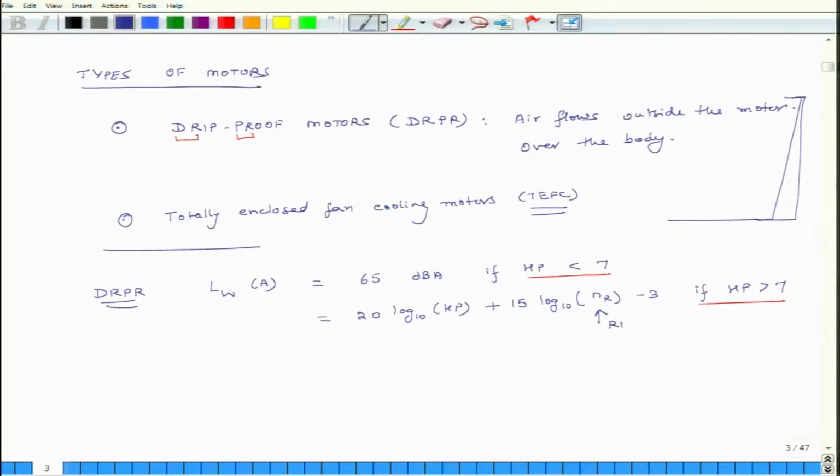This is RPM. It is important to remember that sometimes we use RPM, sometimes we use rotations per second. So, this is the relation for DR-PR motors, drip proof motors. For TEFC motors,